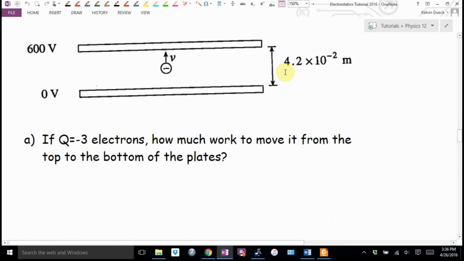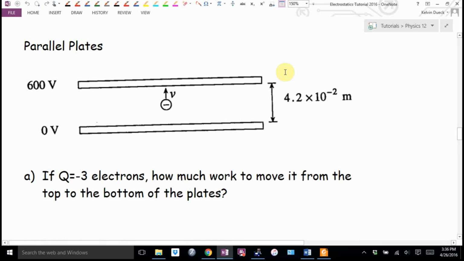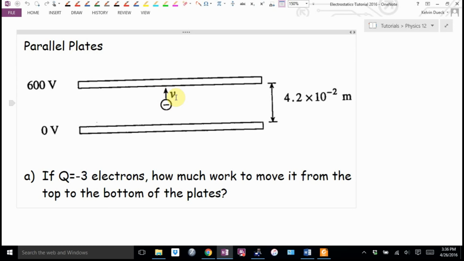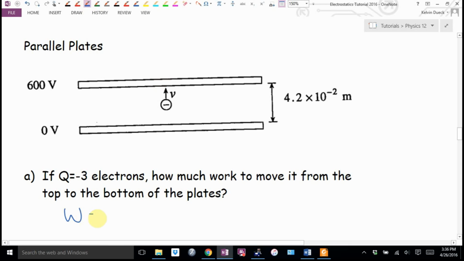Plate charges. Hey, if this charge Q is 3 electrons here, how much work to move it from the top to the bottom of the plates? Oh yeah, the electron would want to stay by the positive plate because it's negative and that plate is positive. You would have to do work to move it down. This question wants me to find work. Okay, work is